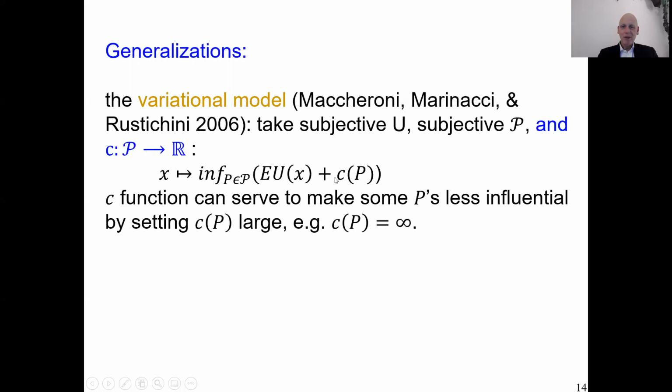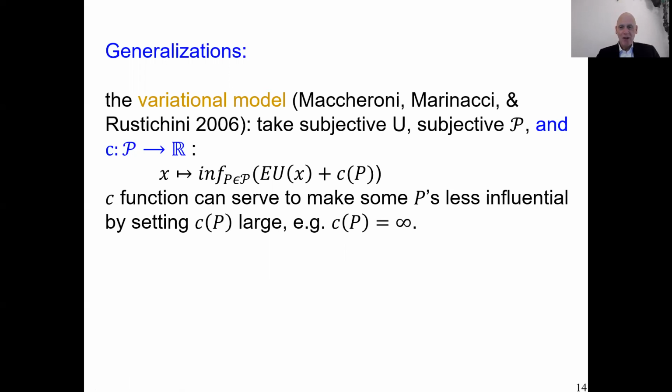Then you know this p can never deliver the infimum. So this p doesn't play any role. So that way, by giving some probability measures a big value c, you take care that they have less chance to impact your decision. That way you can distinguish that some probability measures, maybe you find them more plausible, you give them a small handicap. The probability measures that you find less plausible, you give them a bigger handicap. So that way you can distinguish a bit between probability measures. That's exactly the degree of generality. So that's a nice